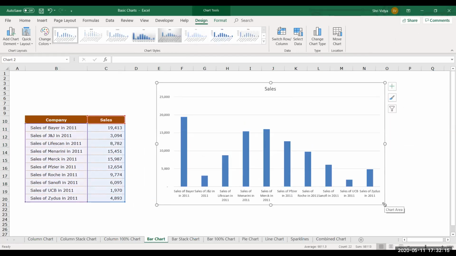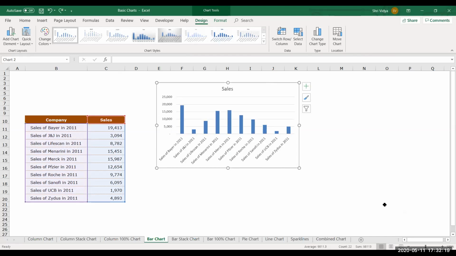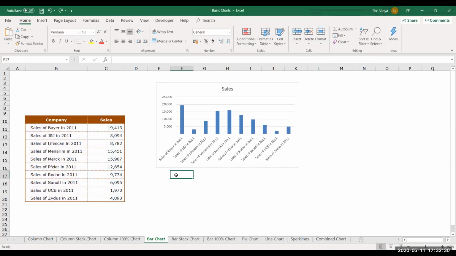See, if it is too big, I'm able to see it. Otherwise you can see here, these labels are longer than the columns that we have. See, the placement of labels is going to be difficult if I choose a column chart for this.